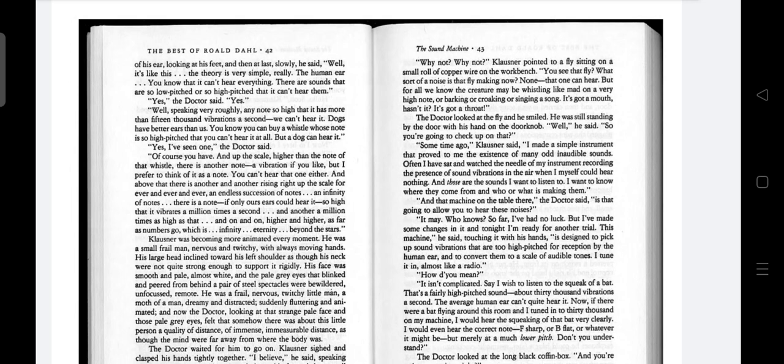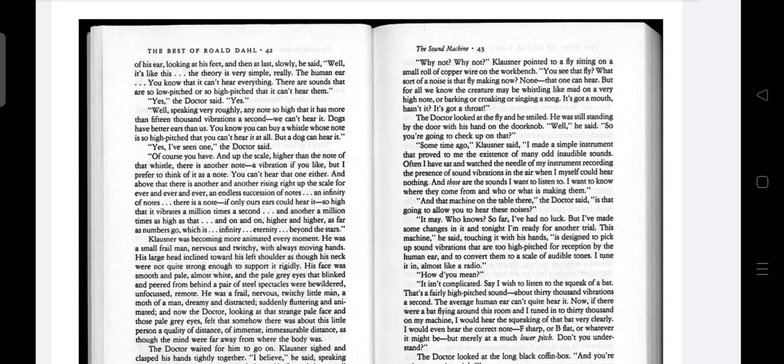So here he gives a proper explanation of his agenda. All right. How do you mean? It is not complicated. See, I wish to listen to the squeak of a bat. That's a fairly high pitched sound, about 30,000 vibrations a second. The average human ear can't quite hear it.